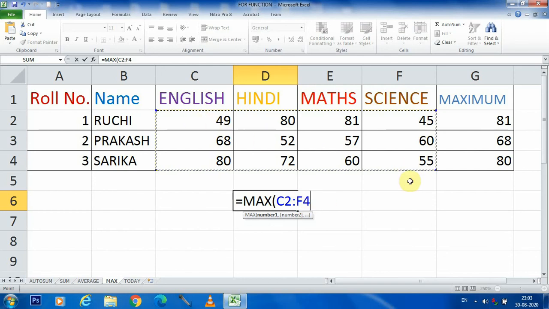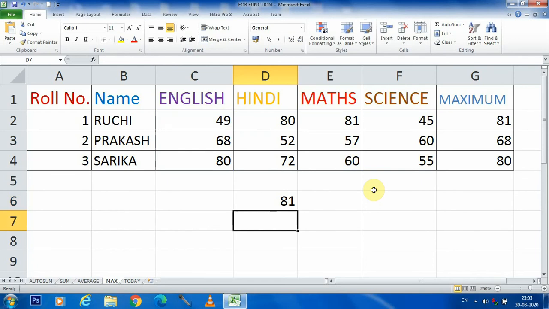So the cell range has been given, and now I am closing this with a closing parenthesis and pressing Enter. You can see that in the given range 81 is the highest marks, scored by Ruchi in Maths. Okay students, by this we can get the maximum marks of the given range, or we can select the range according to the data available.